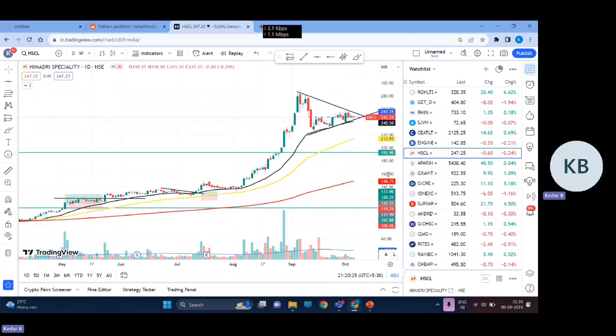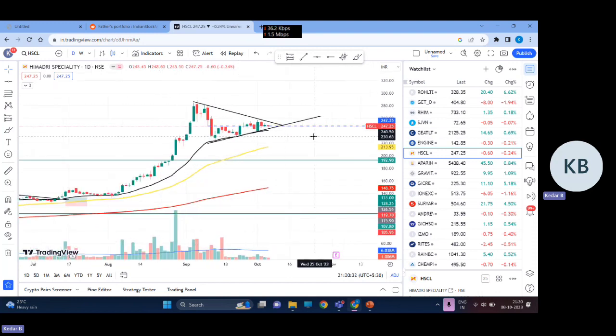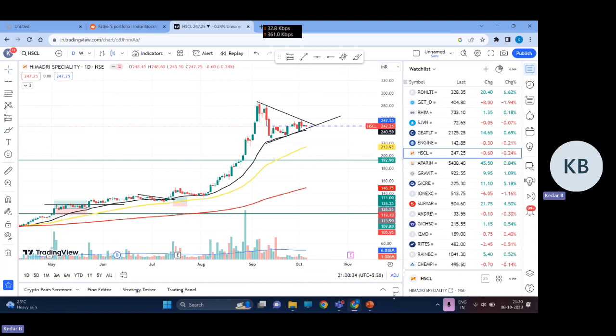90% of the stocks, even the sluggish stocks, will be moving up. But the real testimony comes when the market enters a bear phase. You should know when you should get out. Okay,